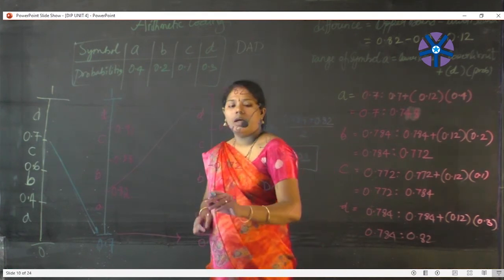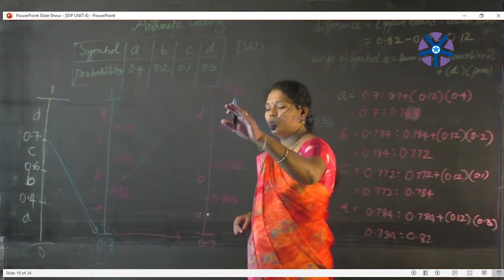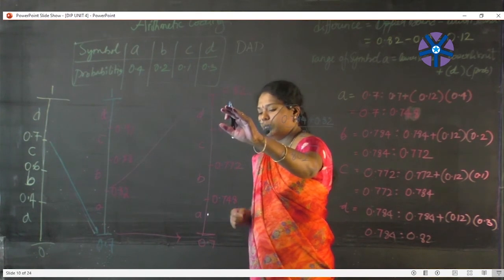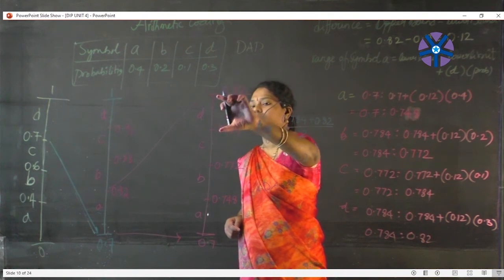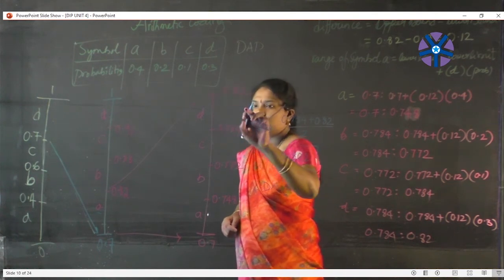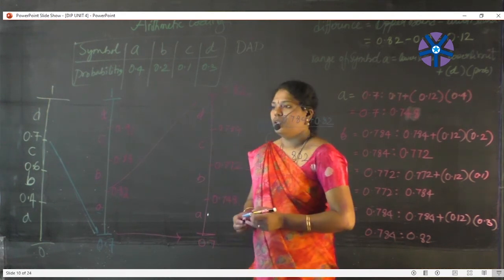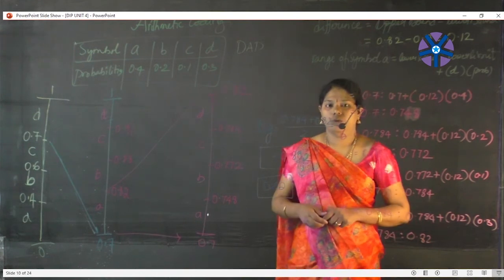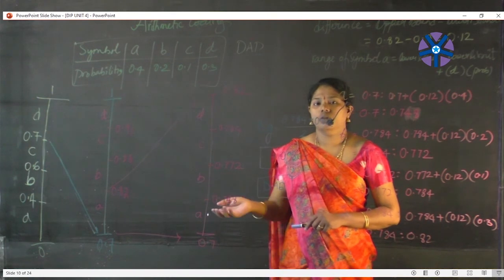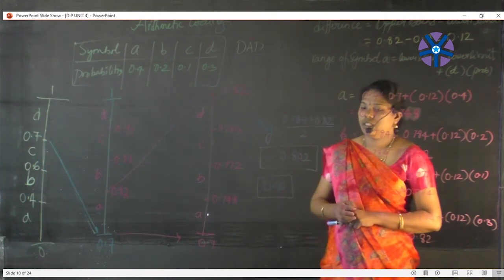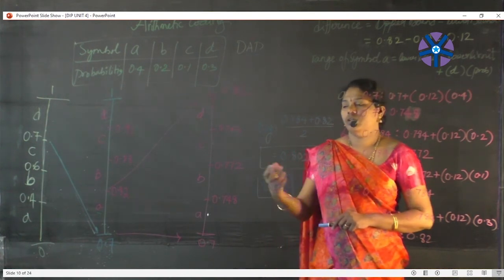Next, again arrange these symbols within the range of 0.7 to 0.82. The decoding is the same as the encoding method. Now identify where 0.8 is. 0.8 is in the range 0.784 to 0.82, so the last symbol is D, giving DAD. With this we can decode the symbols. Arithmetic coding is advantageous compared to Huffman coding. Why? Because in Huffman coding we represent in terms of symbols, while in this we represent with a single floating point number, and the floating point number can be decoded very easily.